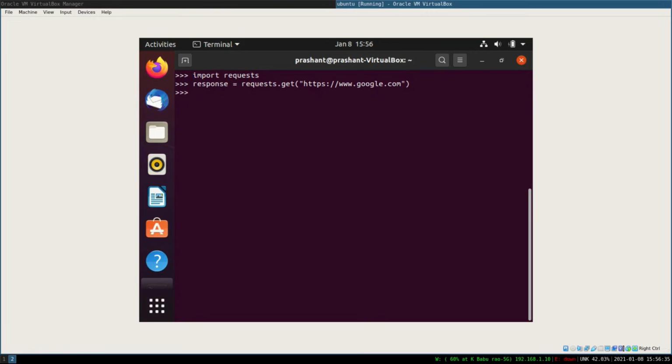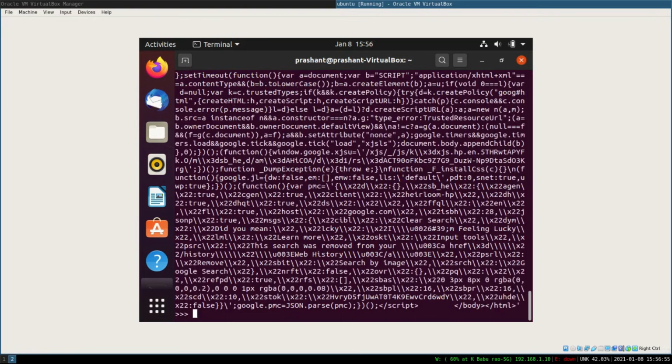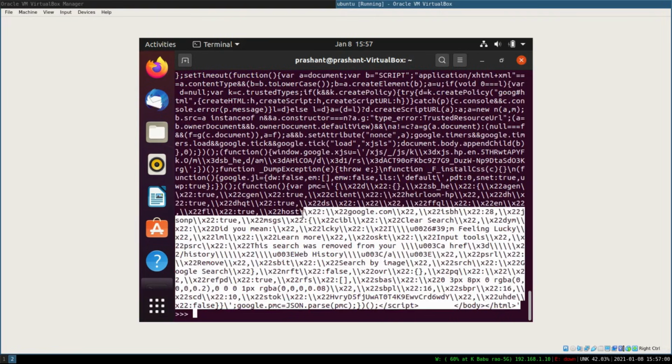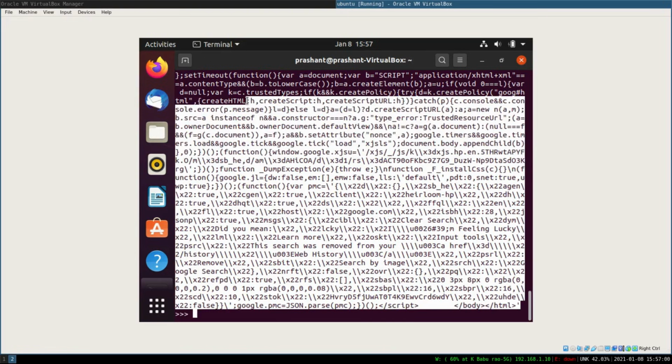Now you can print response, and you can see that the response was 200. These are all HTTP codes, and 200 means that the request was successful. If you type in response.text, you can see all the source code of the page.